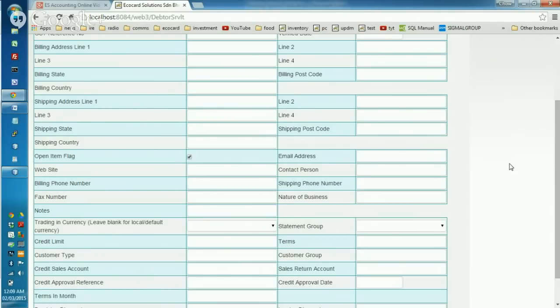But if you choose the customer to be a non-open item flag customer, then when you receive payment from your customer, you will automatically knock off the oldest one from the list. So you have to choose either open item flag or non-open item flag. It's very important. Now, the second most important thing that I would like to highlight to you is